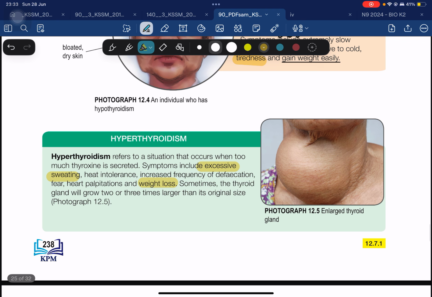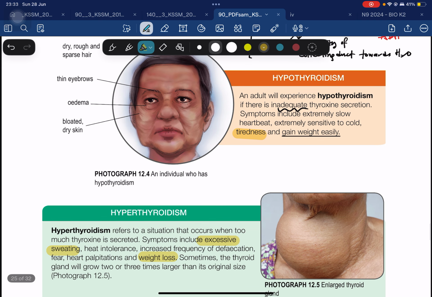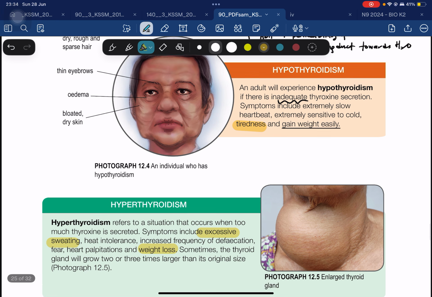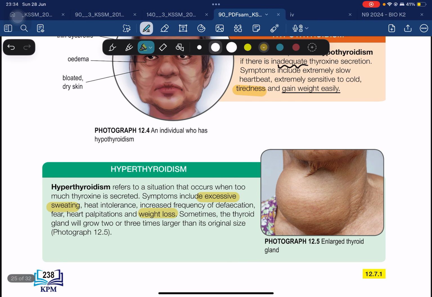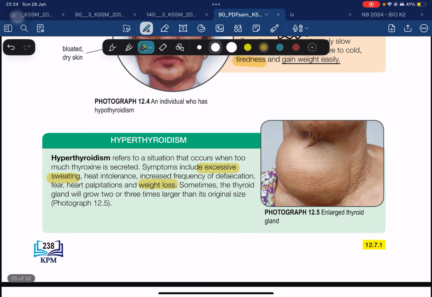So that's why we need to achieve a balance of your thyroxine hormone, because when you have a low amount of thyroid hormone, you gain weight, or you are sensitive to cold, feel tired. But if you have a lot of thyroid hormone, it will cause what? Your heart palpitates erratically, meaning your heart will palpitate very quickly, and your frequency of defecation also increases. So I think that is detrimental.